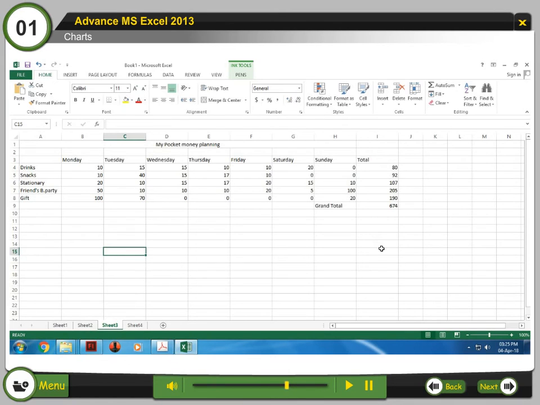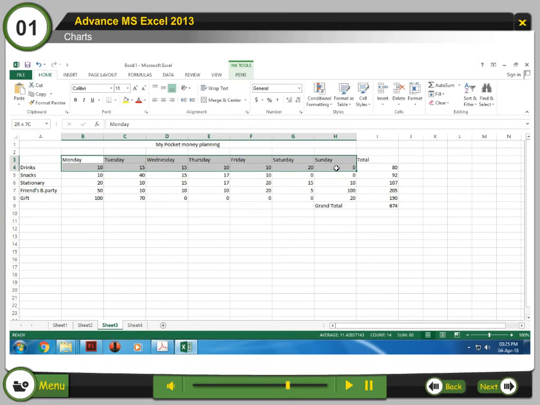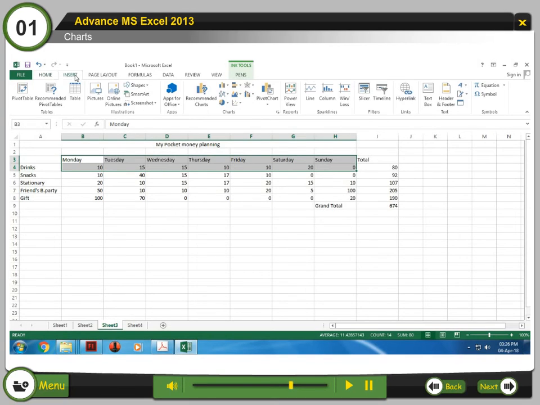To insert a chart, do the following steps. Step 1. Select the data cells you want to make a chart, including the column titles and row labels. These cells will be the source data for the chart. Step 2. From the Insert tab, click a chart type from chart groups.